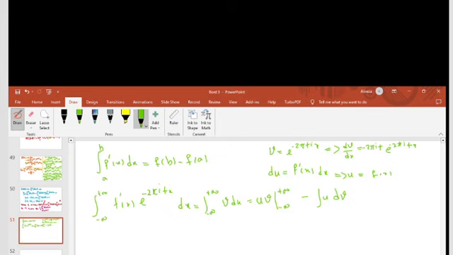So that this is equal to f of x multiplied by e to the minus 2 pi itx from minus infinity to plus infinity